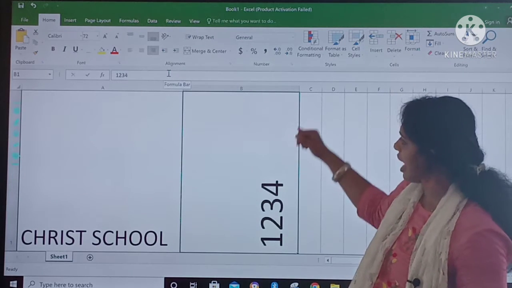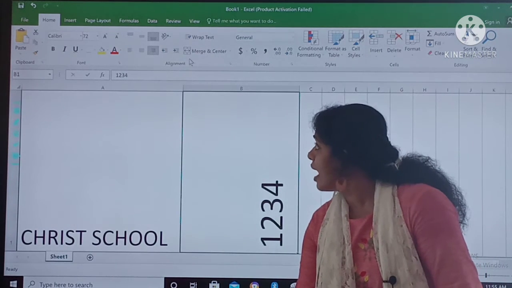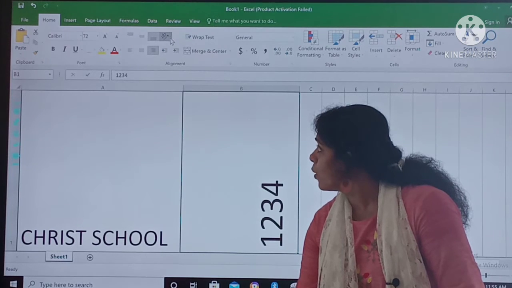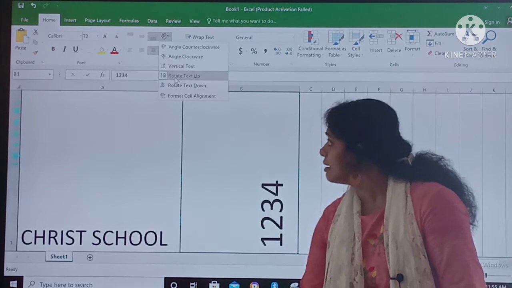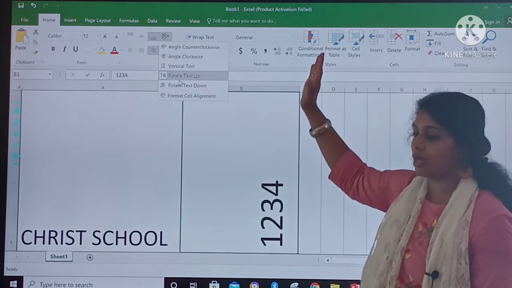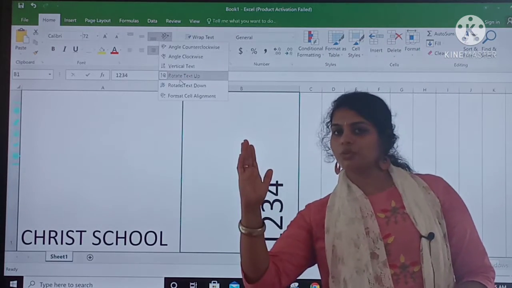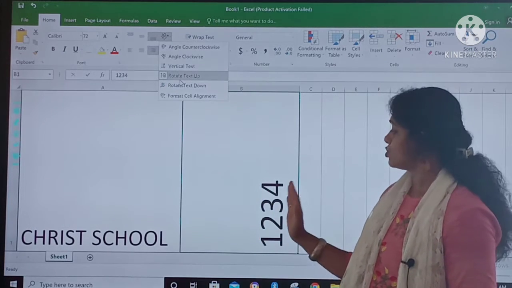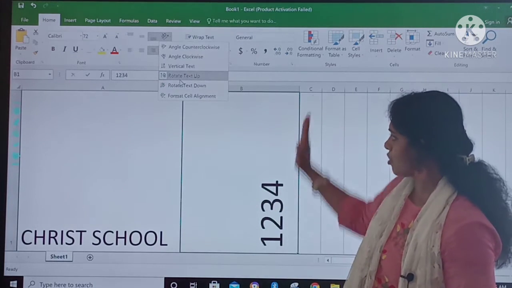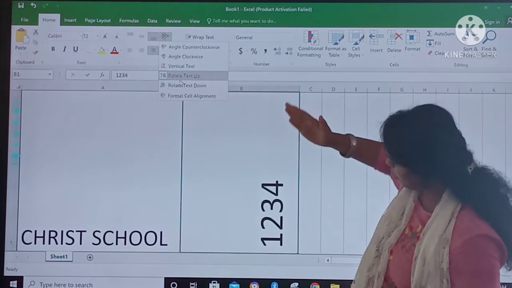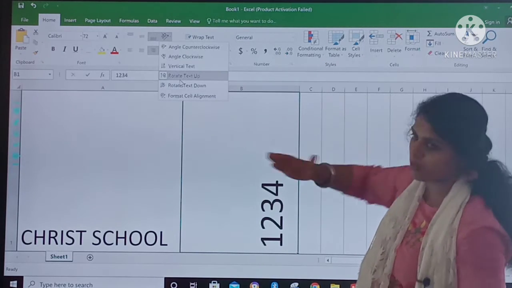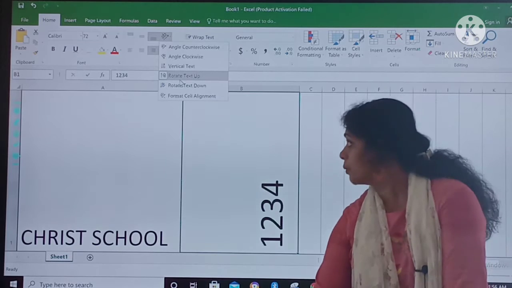Okay, so here we have the next one, the 4th point, that is rotate text upwards. Okay, मतलब देखो number हमेशा कहाँ होता है? वो हमेशा अपने right side होता है. ये by default position है इसका. So on the right side it's there and it's rotating upwards. It's going upwards. So you can see 1, 2, 3, 4. It's in upward positions. Okay.